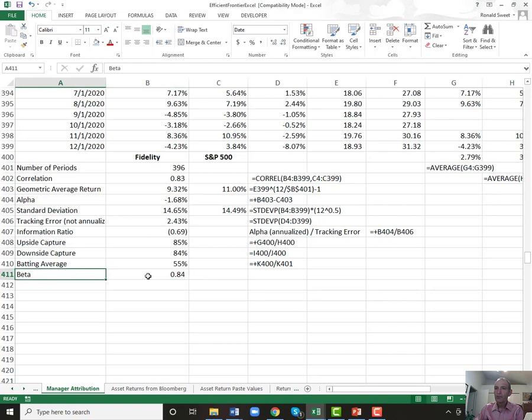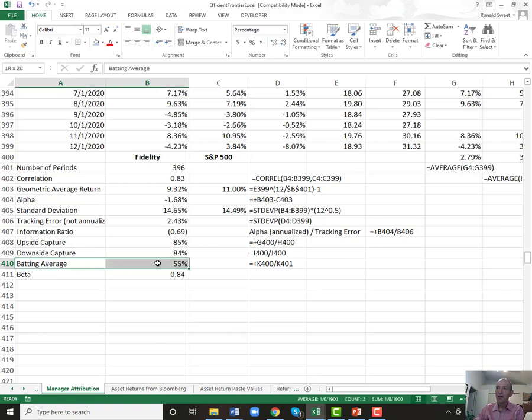So this is a lower risk portfolio. It will do better in recessions and do worse in strong markets. Since the economy is usually strong 4 out of 5 years, then 4 out of 5 years, you would expect to underperform. We can see they do underperform in down markets. However, their batting average is pretty respectable from that standpoint. They beat the market about 55% of the time.